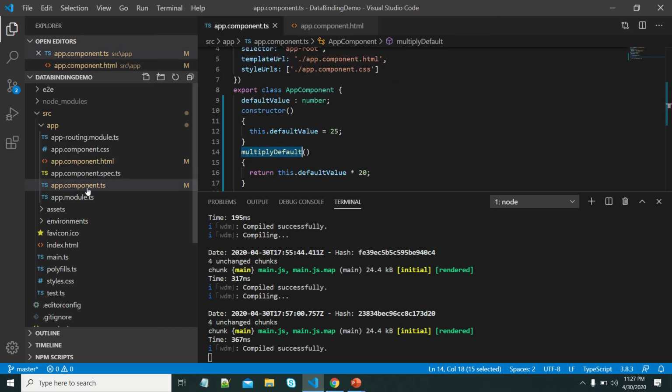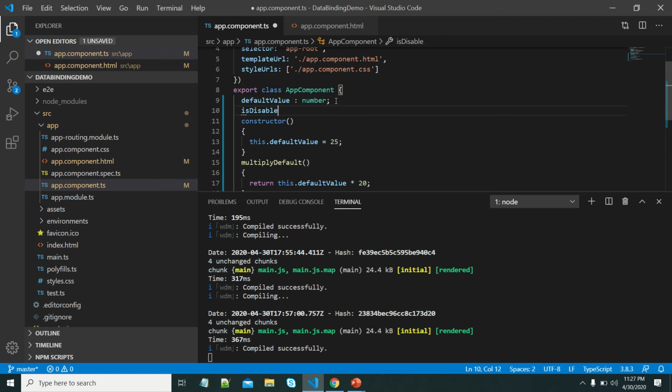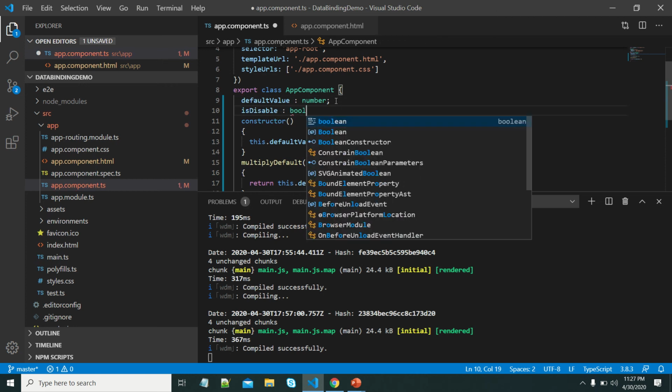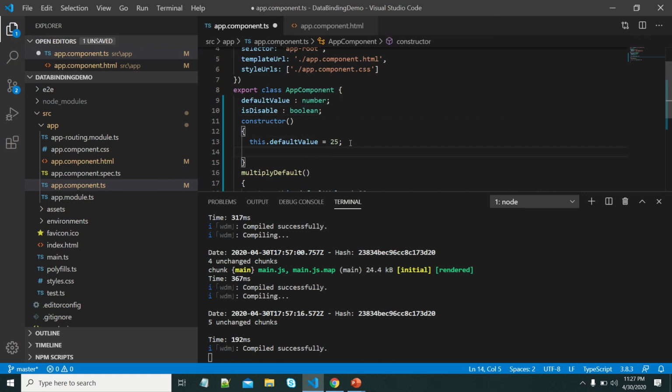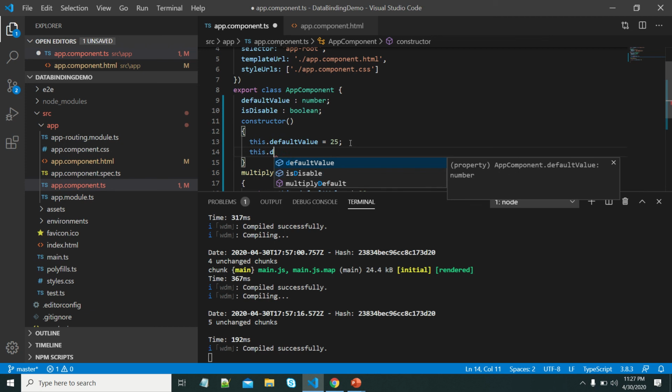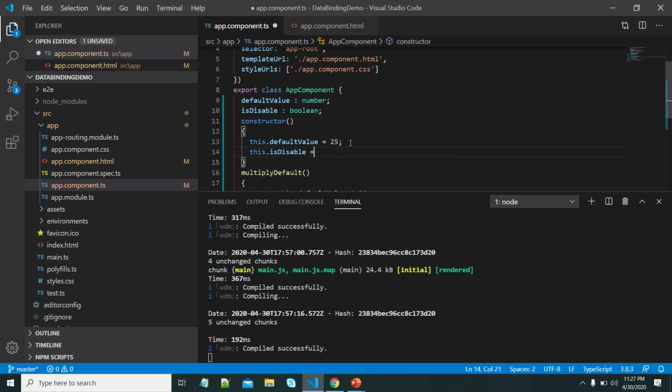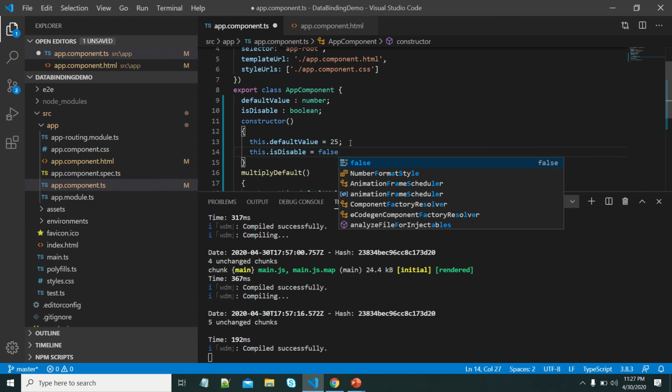Disabled generally expects true or false values. So let me put this value as boolean. Let me make this one as this dot default. Oh, sorry, isDisabled is equal to false.